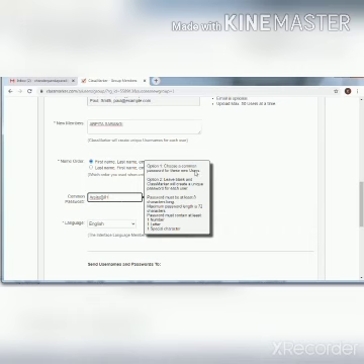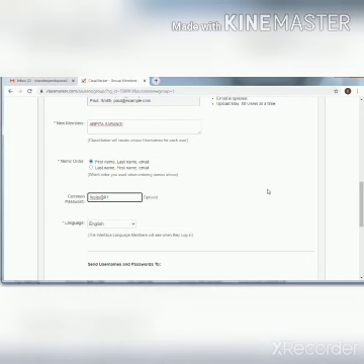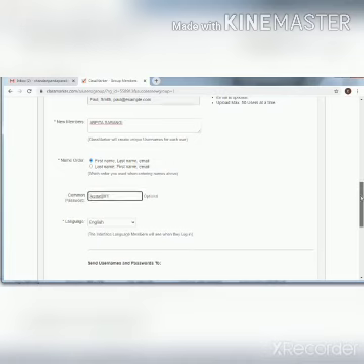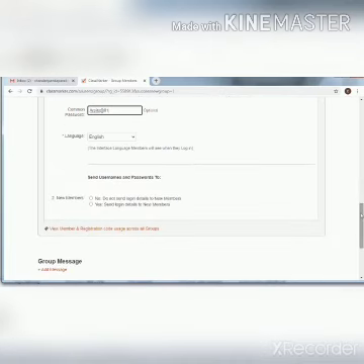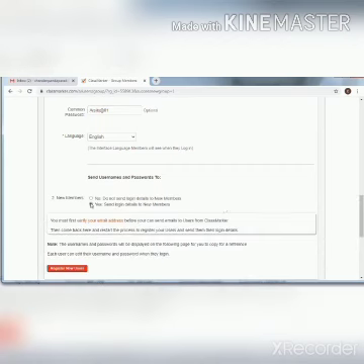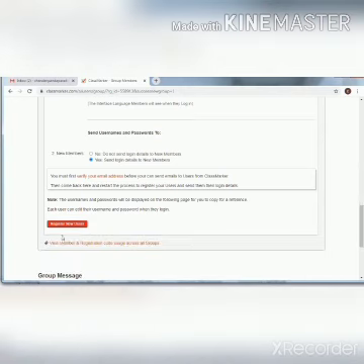Clear? So what is the password I have given? Now Arpita @01. Language English. Second, new member. Number 1, it has been shown that here 2 radio buttons are there: don't send login details to new member, or yes, send login details to new member. We have to select yes. After selecting yes, we have to click on register new user.